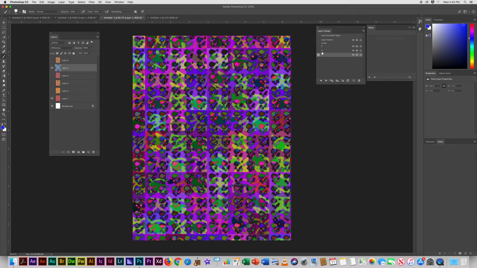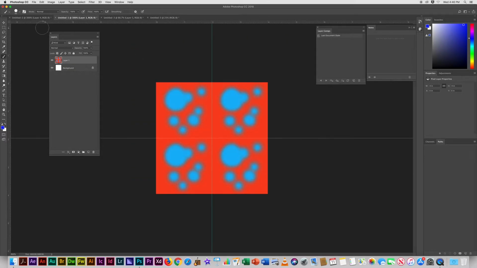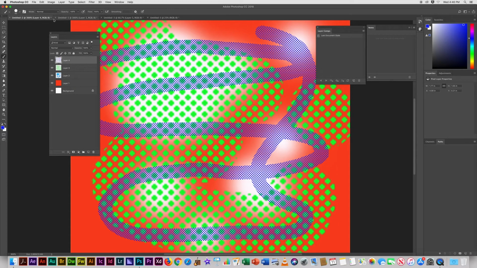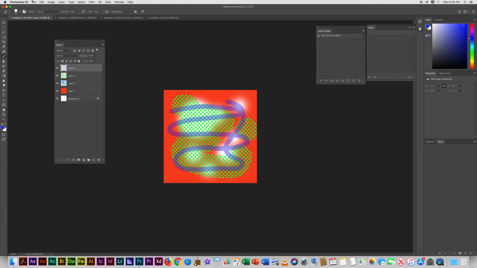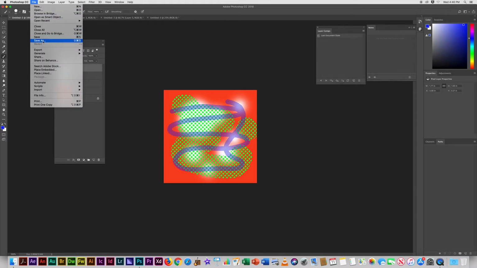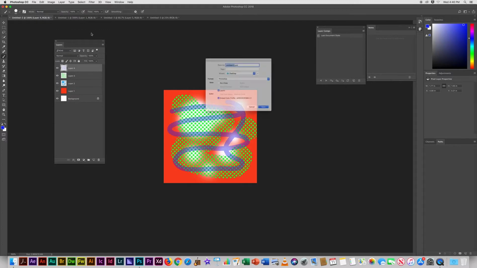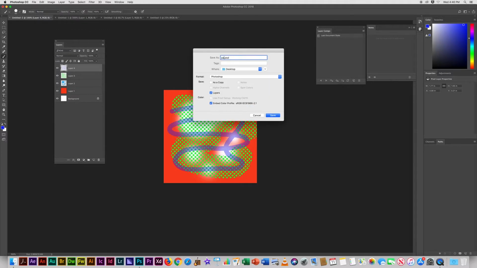Create your own individual pattern, but make sure that you save this guy here, your very first one, which is your pattern source. This is the first one we did. So let's go to File, Save, and we'll name this Pattern Source, click OK,